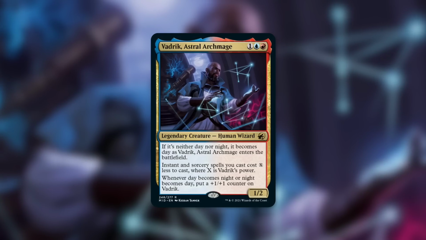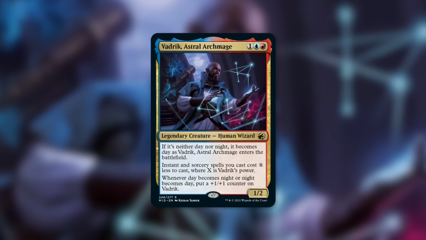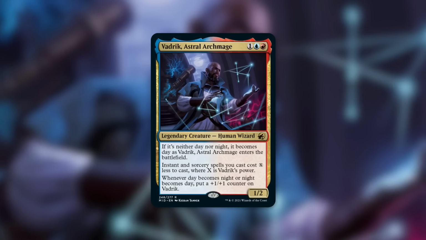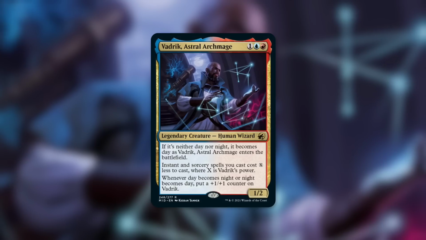So yes, Vadrik's power can grow throughout the game by getting counters on it when it switches between day and night. But Vadrik is not dependent on those counters because what matters is actually Vadrik's power, not how many counters are on it. And because of that, again in my opinion, Vadrik is most definitely worthy of being an S tier commander. There are plenty of spells that you can essentially cast to double up Vadrik's power for just 1 mana. Whether that's a spell that most definitely has a converted mana cost above 1, or more importantly an X spell,